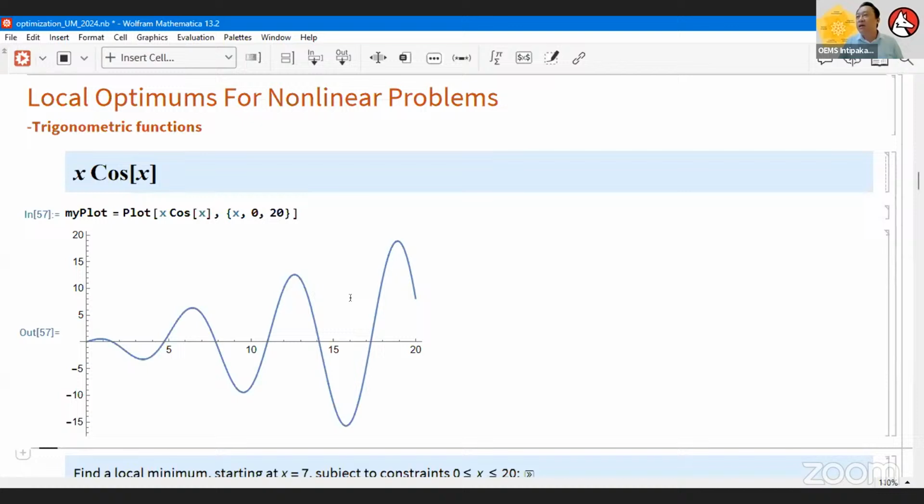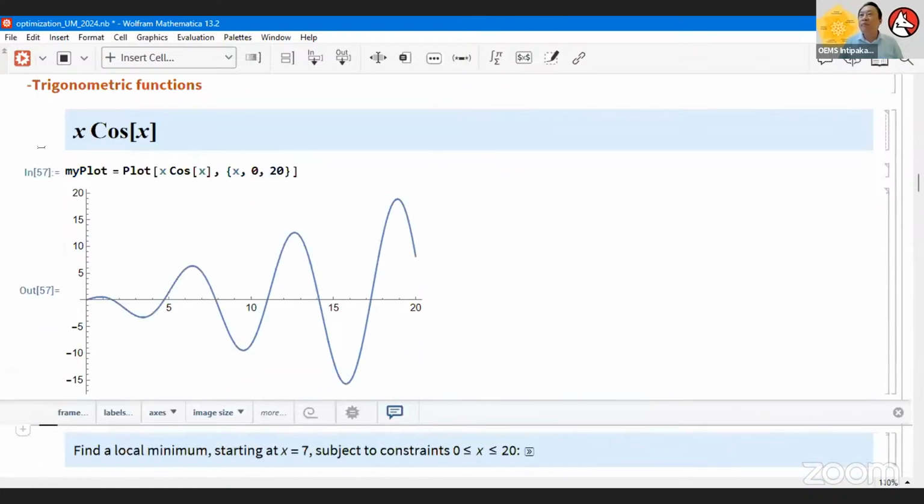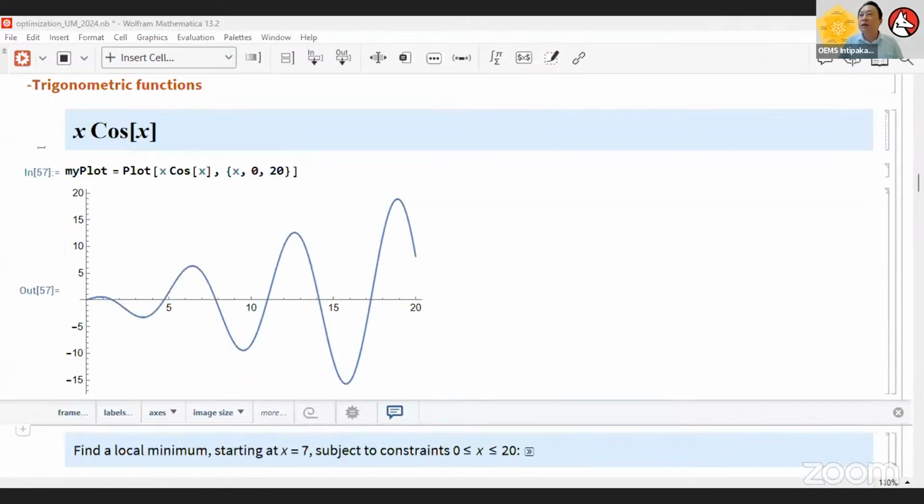Now, if you look here, I want to look for a local optimum. Quite easy to see, it is somewhere here. Or if I want to look particularly for this local optimum in the range from somewhere here to here, then I will tell the system where it should start the searching point. I should search from a certain point when x is within a certain range of the domain. In order to do this, it's very simple.